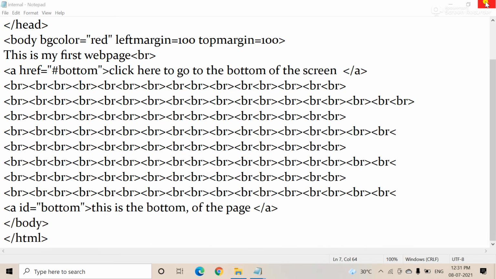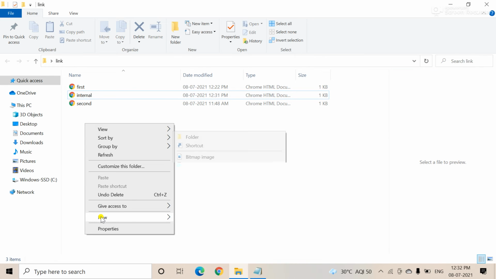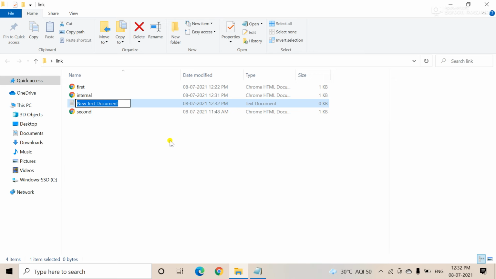I am going to explain one more link. Suppose you want to link one web page to any other web pages using pictures, actually suppose you want to link with pictures, then how do you link? Okay, so just wait, I am showing you. Suppose here again I am using one more HTML page.